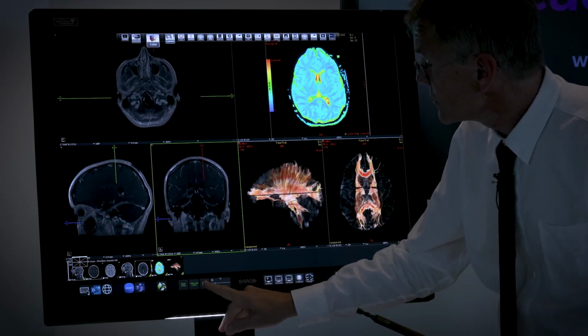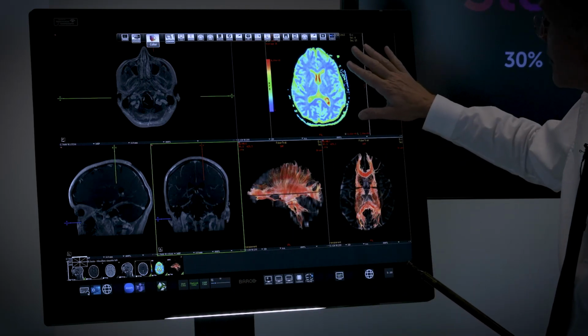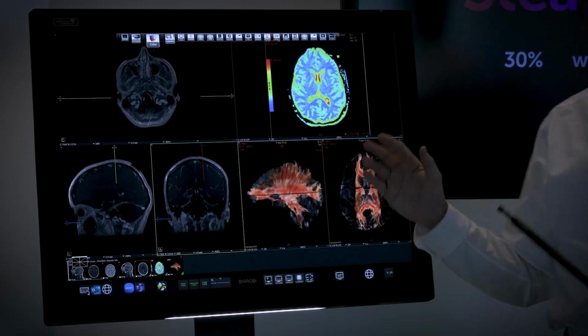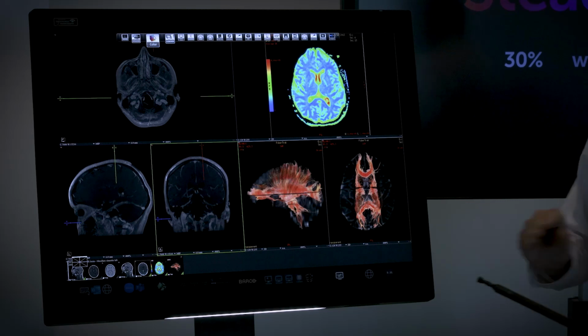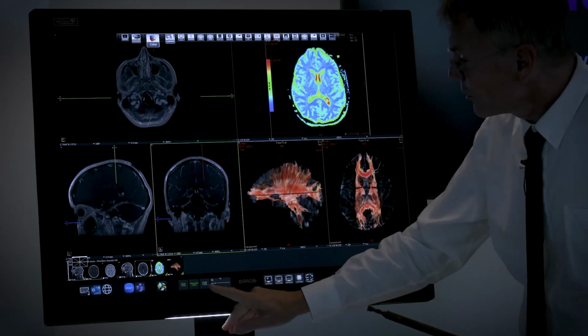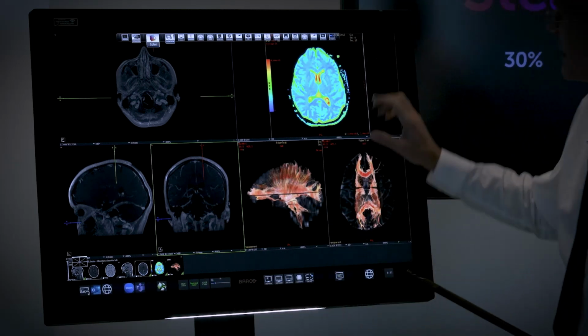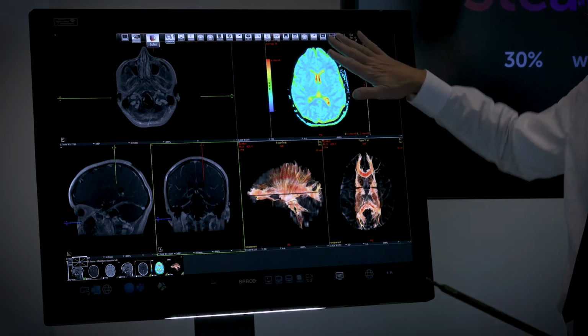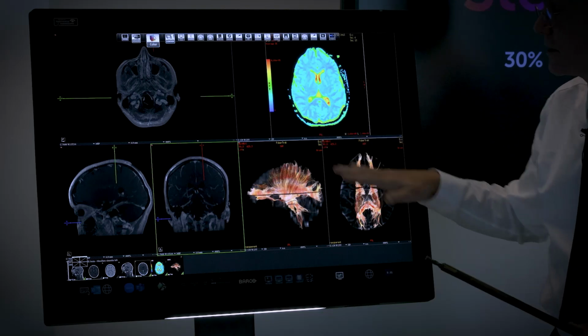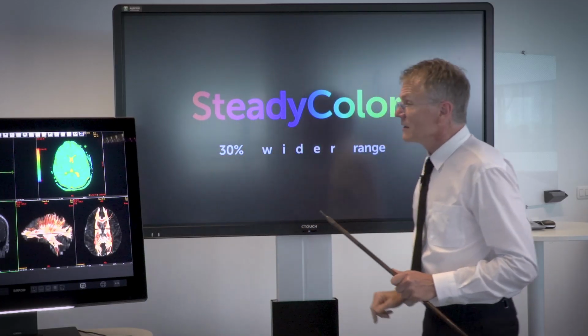This is what it looks like without the SteadyColor calibration, where it really is just squeezing it into, you know, red, green, blue. And then if I turn on the SteadyColor calibration, it's a bit brighter but also there's much finer gradations between it. So that's what you get from having this calibration.